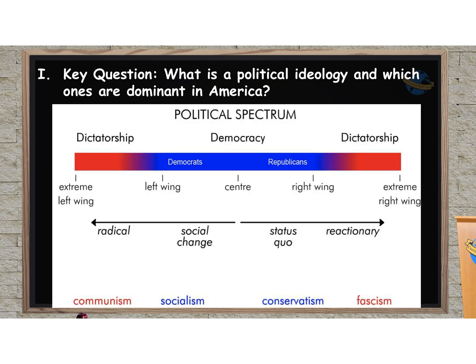of social media. The first key question we're going to tackle here is, what is a political ideology, and which ones are the dominant ones in the United States? That is, what are the political ideologies followed by most Americans? It's important to note that political ideologies are not the same as political parties, but we'll get to that in